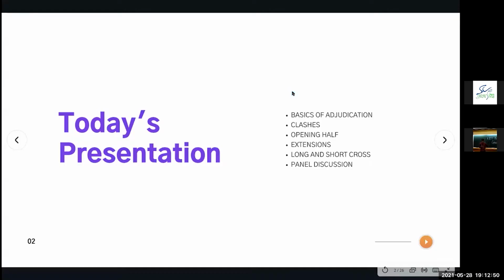Session is going to focus upon 5 things today. Firstly, we're going to talk about basics of adjudication. Secondly, we're going to talk about clashes and their importance. Thirdly, we're going to talk about opening half debates. Then we're going to talk about extensions, long and short cross, and then ultimately panel discussions, because I feel like